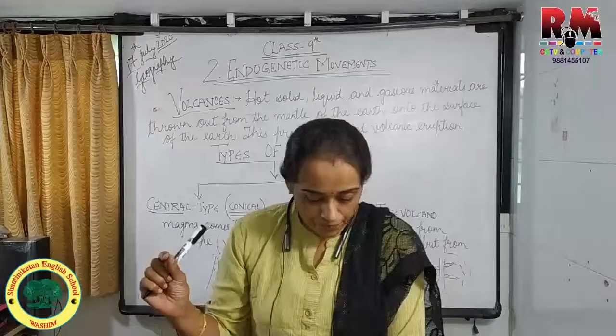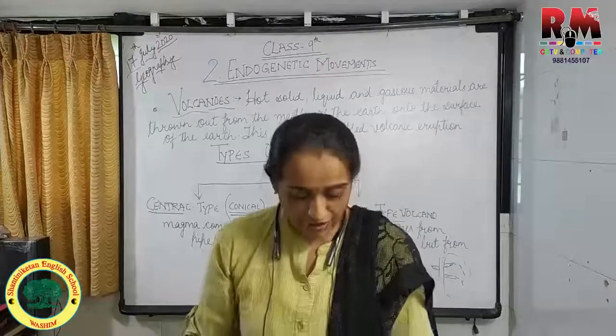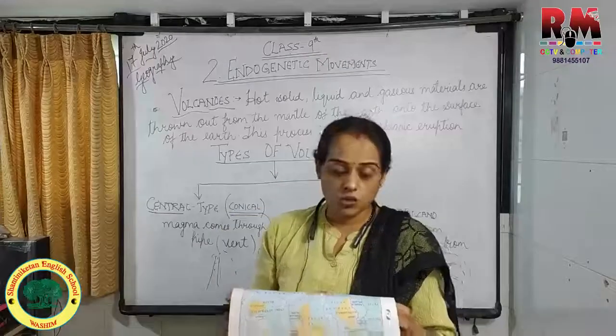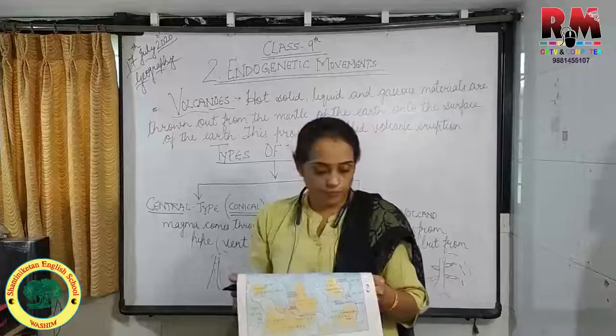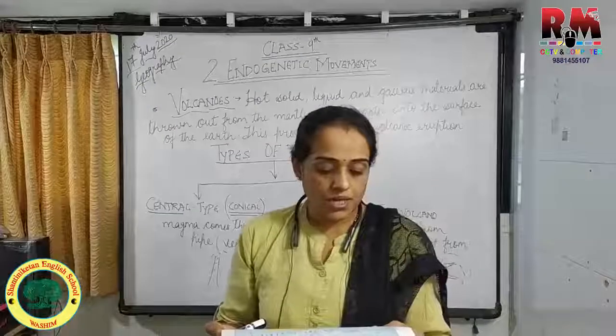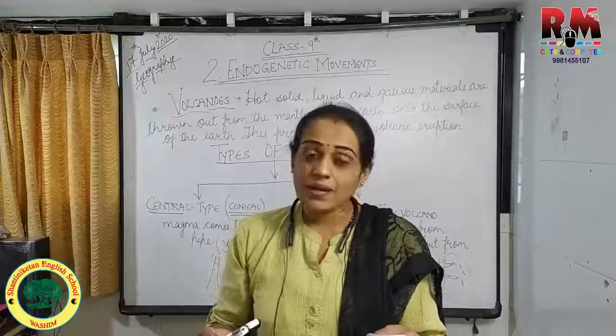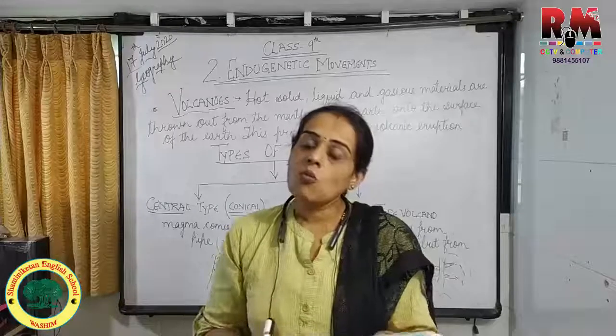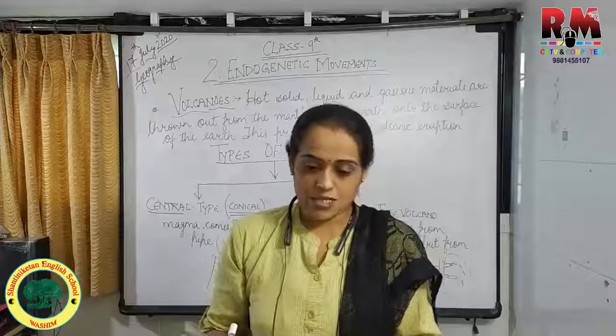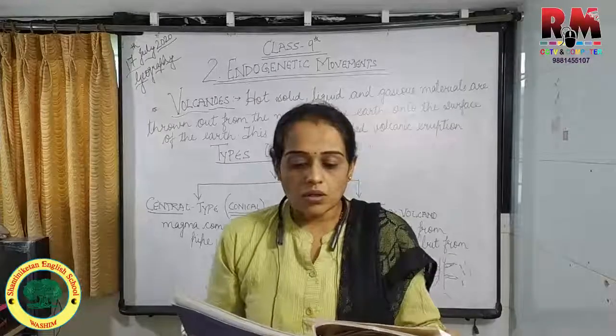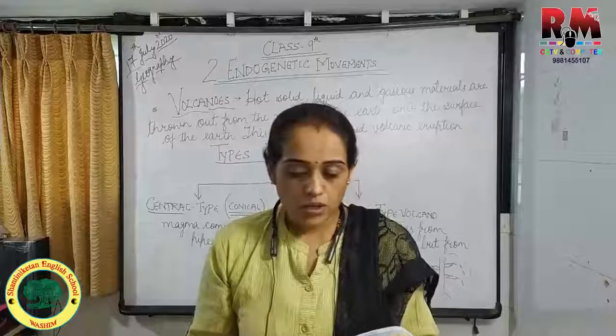In the index it is given. See the small black color line, the grey color line, it is called plate consuming margin. Then the blue color shows plate creating margin. Dots show the areas of earthquake, and the pink color triangles show the volcanic eruption areas. So the earthquake zones are also seen in the border area.